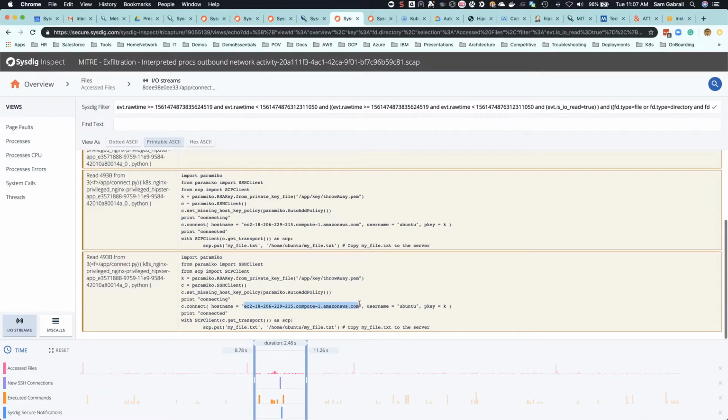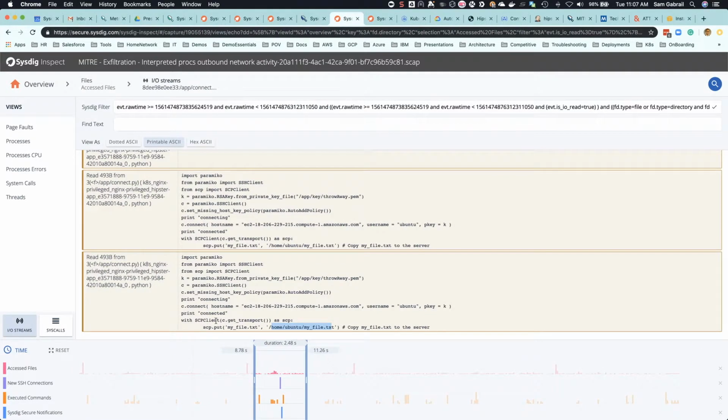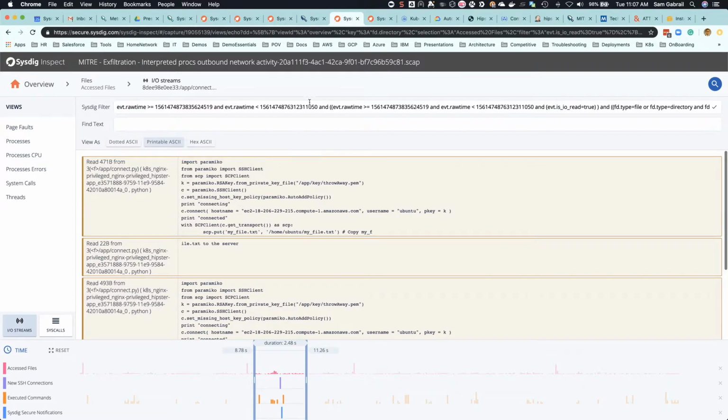I can see the host name, where it's going to, what user was used, and so on. Basically, it's capturing this file and sending it to a file on a remote machine, and that myfile.txt was the file that was copied in the previous command. So I copied the throwaway.pem into myfile.txt, and I sent it over the network to this machine in the cloud. I have the IP address, I have the actual host name,